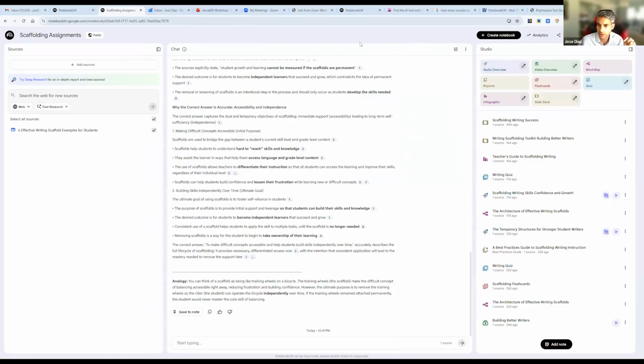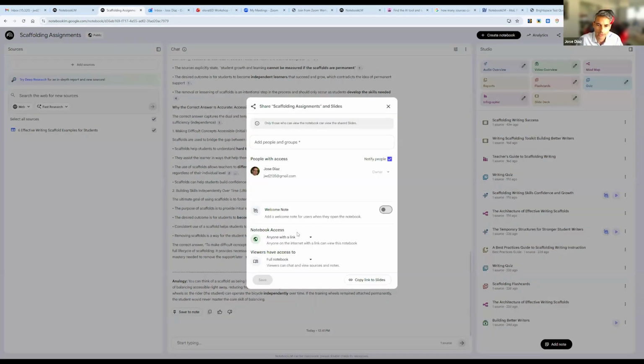Let's say you only want to share the slides. Let's do that now. We haven't done that yet since we just did it for the first time. I'm going to go to my slide deck, click on the 3 little dots on the right-hand side, and then you see how you have the share button. We click share. Again, you can control a few settings.